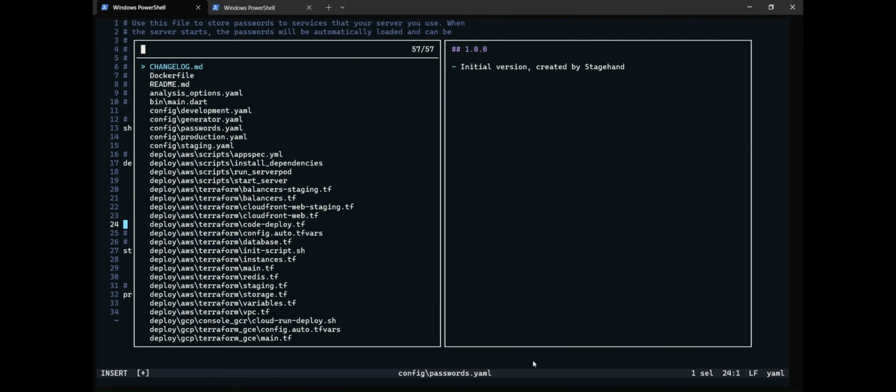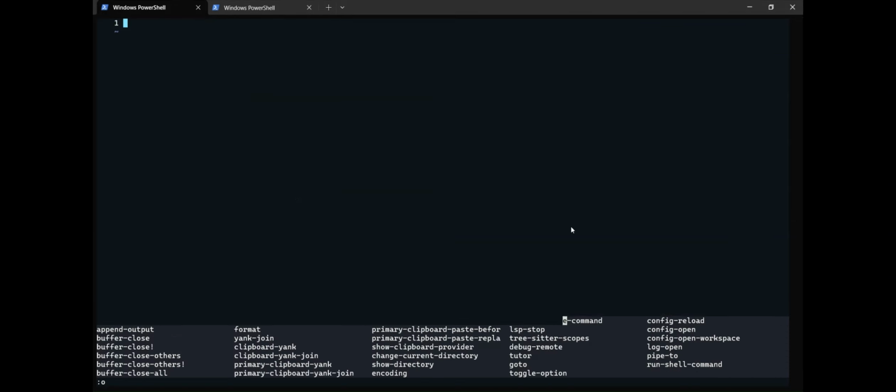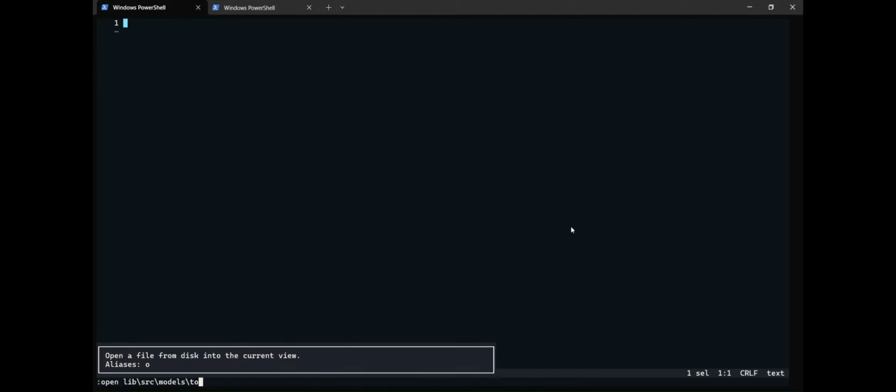Serverpod comes with ORM. To utilize this feature, we will create our models first. Since we are creating a to-do app, and our to-do will have status, we will create an enum status. Then, we will utilize this enum in our actual table. Our to-do status will have 3 states. Whenever a new to-do is created, it will be in a new state. Then, it can be ongoing or completed.